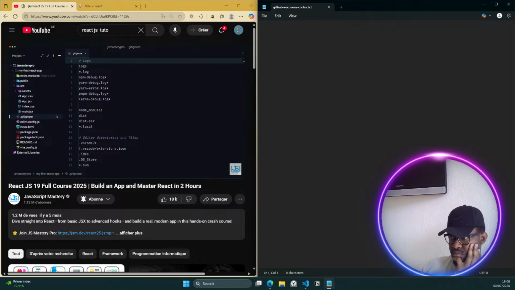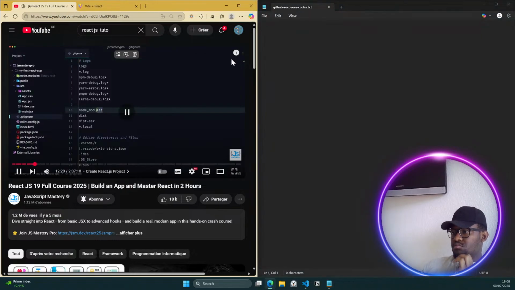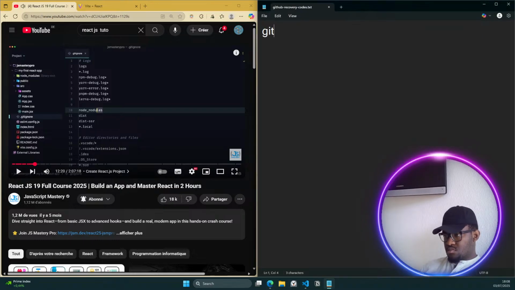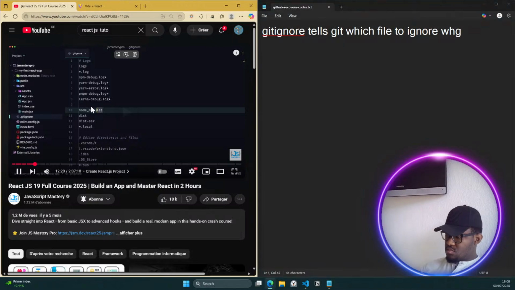After that, we have git ignore. This file tells Git which files and folders to ignore when committing your code. The most important thing to ignore are